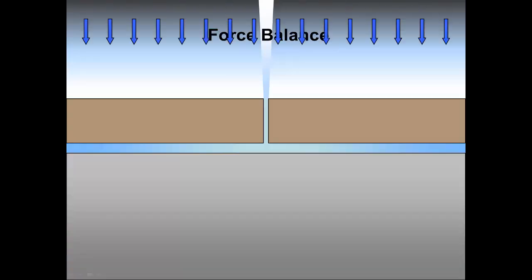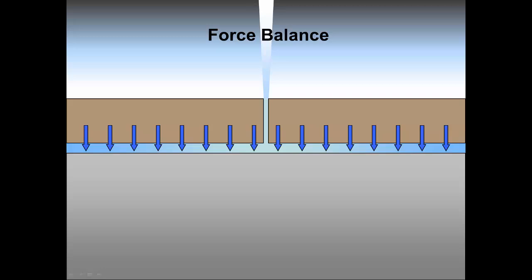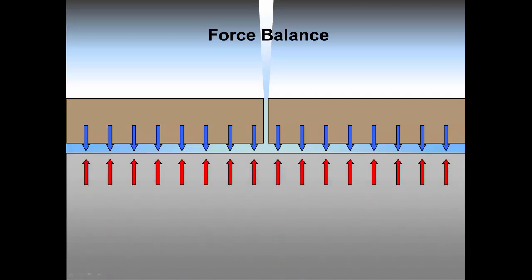The blue arrows represent the pressure of the waters of the great deep due to the weight of the granite above. For every action there is a reaction, so for equilibrium or no movement, the force of the blue arrows must equal the force of the red arrows, which represent the reaction force of the mantle pushing back. As we progress, pay attention to the blue and red arrows.